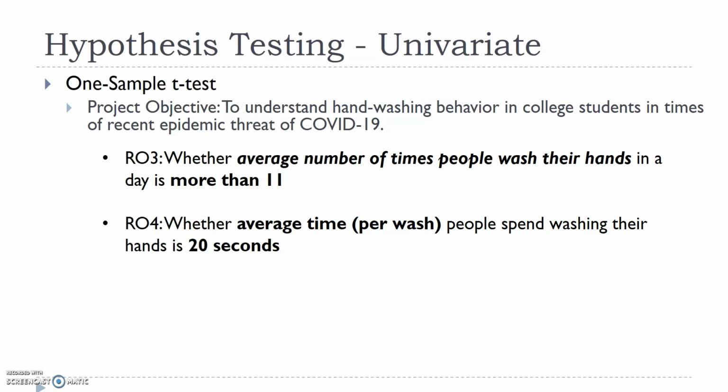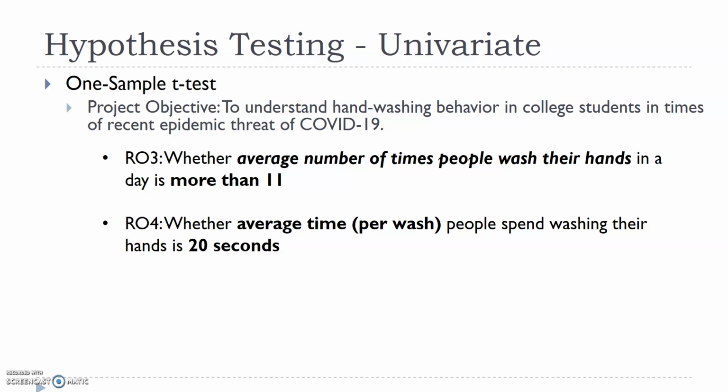So the data which we'll be discussing today, I had collected 1.5 months back from the School of Management, KIT School of Management, MBA first year students. Around 153 students had responded to a survey which I had conducted, and I wanted to understand their behavior, like hand washing behavior, how many times they're washing their hands, how much time they're spending to wash their hands, and how many communications they got regarding this COVID-19 pandemic, right? So I wanted to understand those behaviors, and I collected data from MBA first year students, and we'll be using that data today to discuss the one sample t-test.